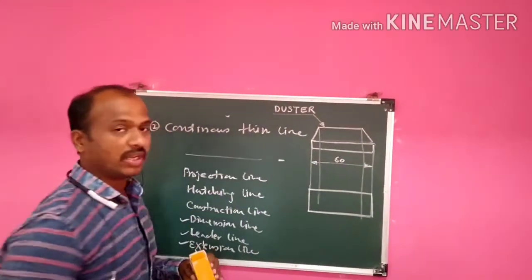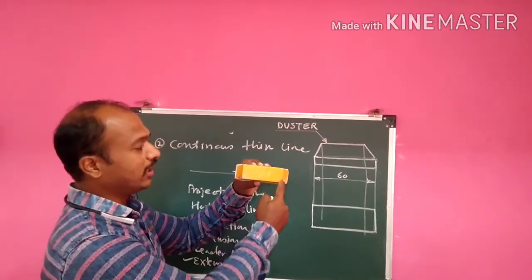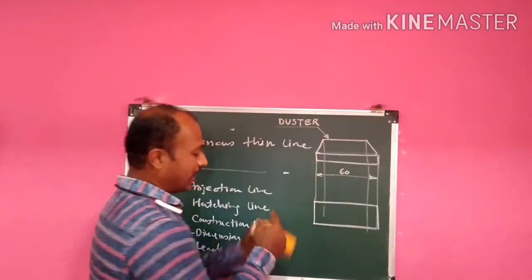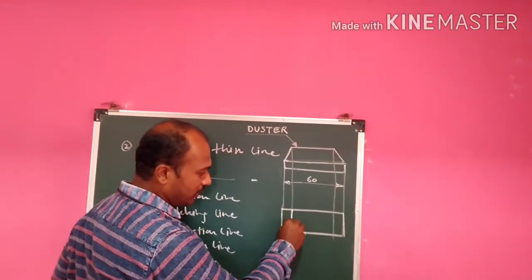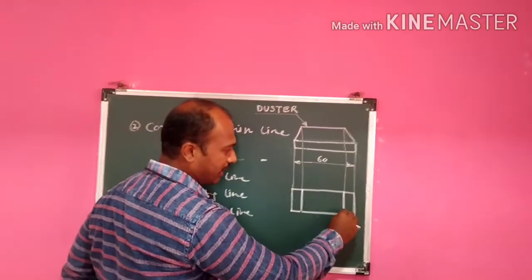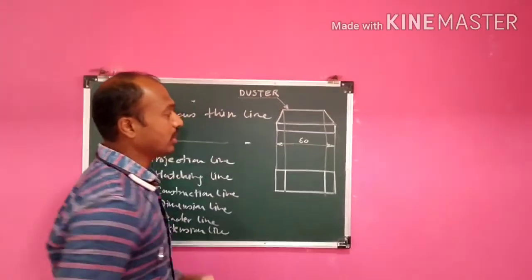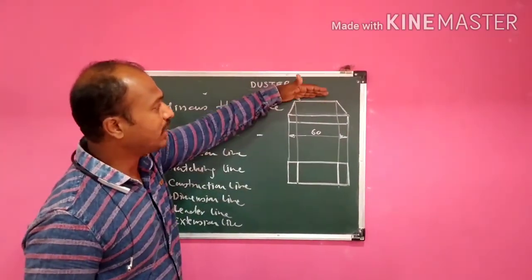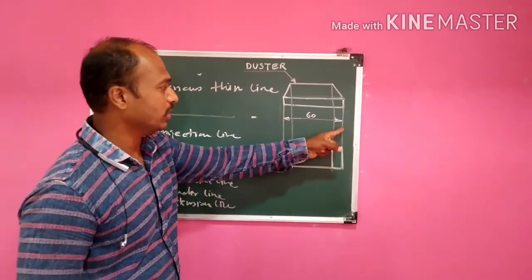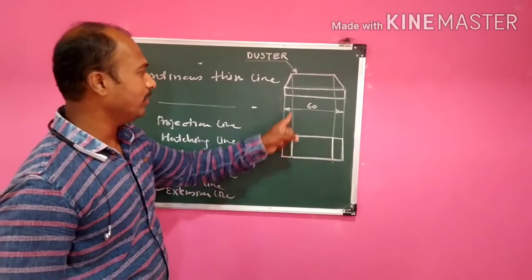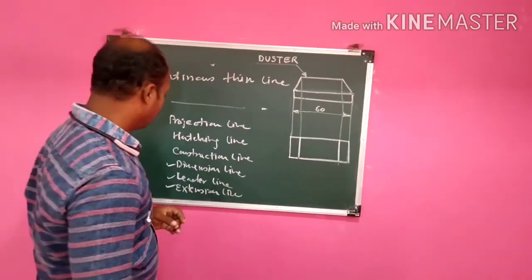For the outline we use the continuous thick line. So this is the continuous thick line. Then here there are two edges. This is the first edge, this the second edge, and these edges are for this corner. So I take the projection of it. This is the first line. This is the second line. Right? So this is the top view of this duster. To draw this top view, I transfer all these points to the top view. So these lines are known as projection lines. The vertical lines we have drawn from the front view to the top view, what do we call them? These lines are known as projection lines.